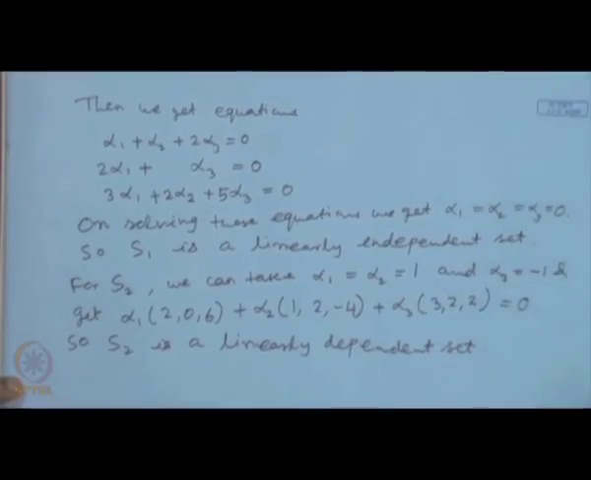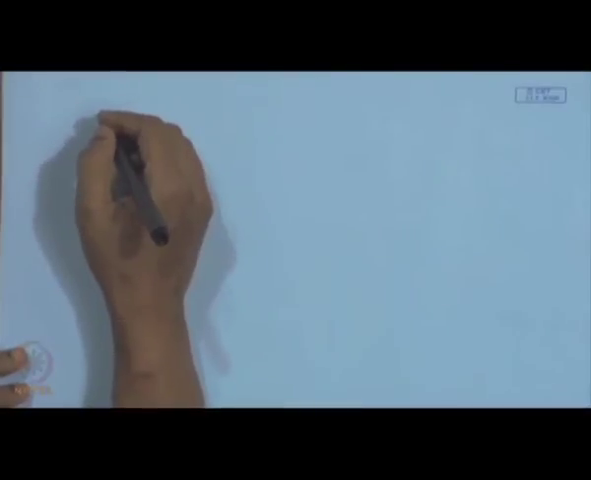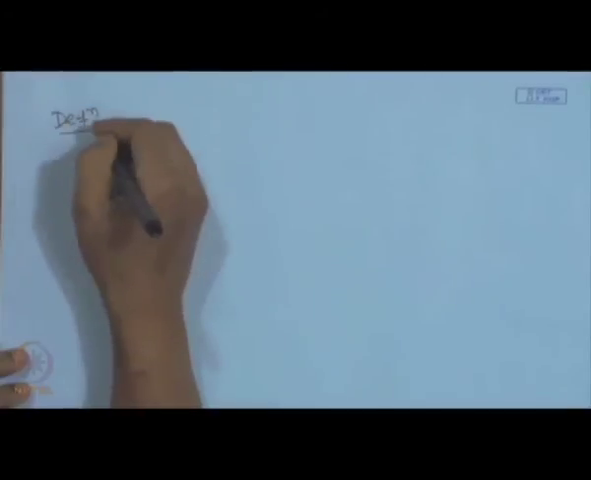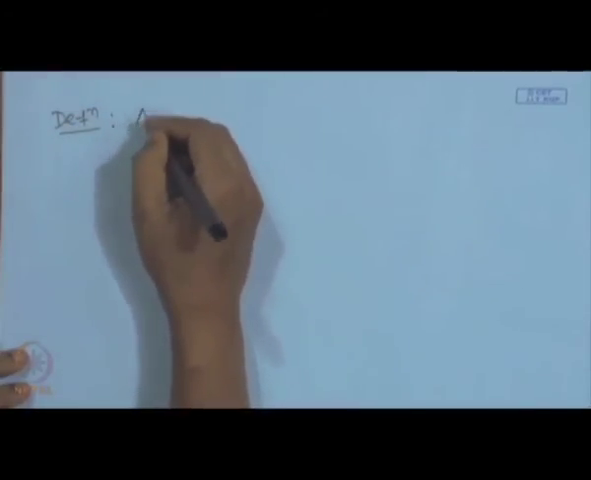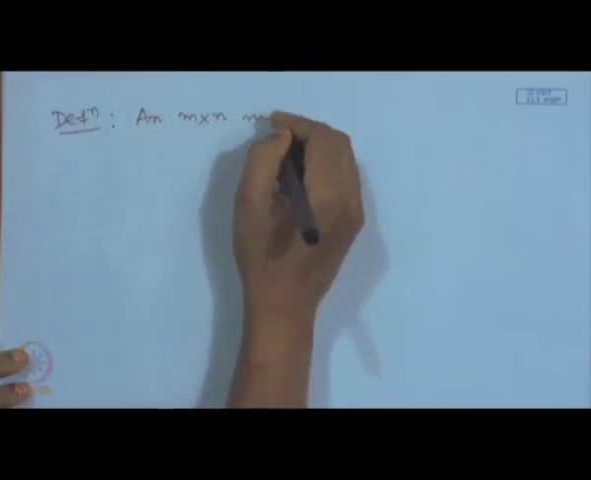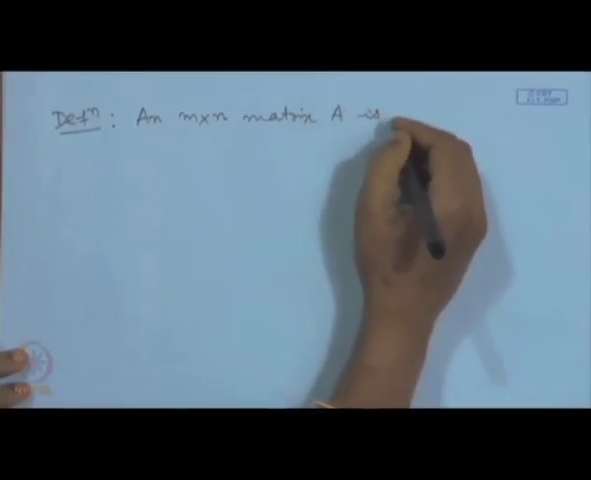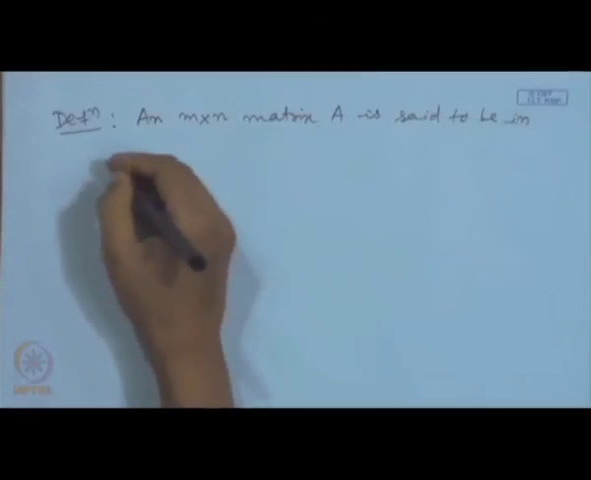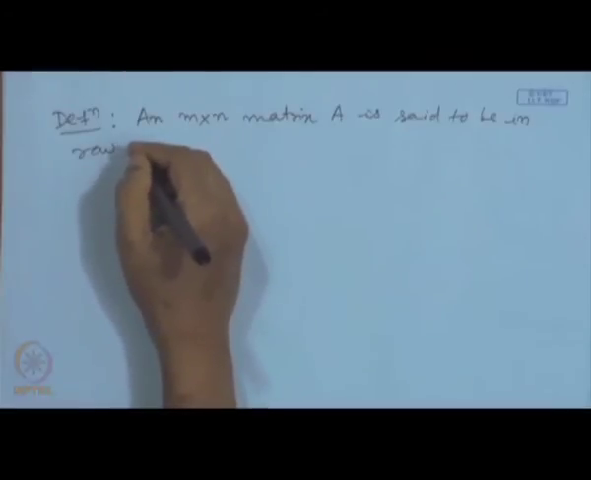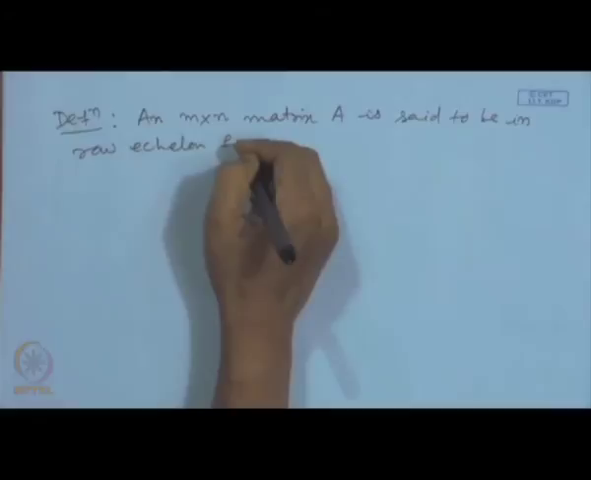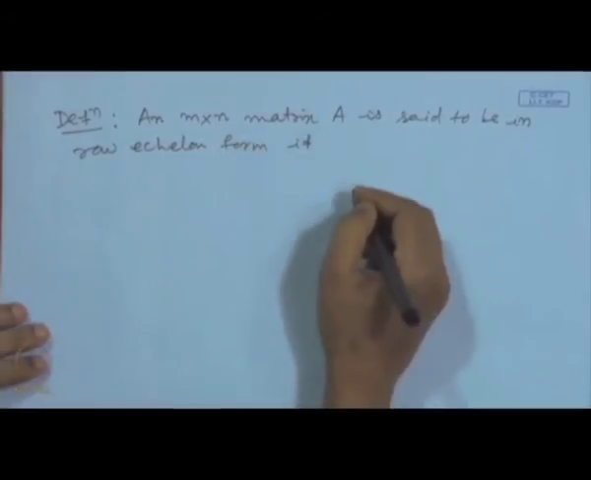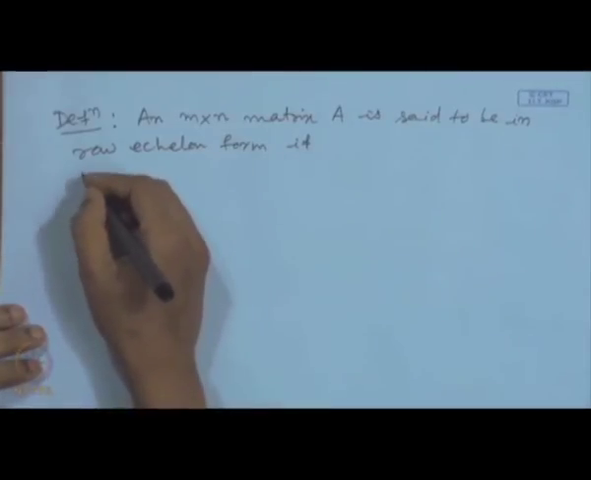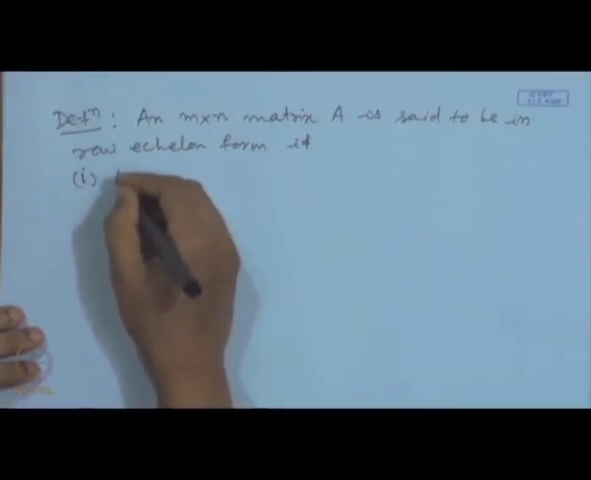So, there is another way also to verify whether the given set of vectors are linearly dependent or independent, and for that we need a type of matrix that is called echelon matrix. So, here we give the definition of an echelon matrix. An m by n matrix A is said to be in row echelon form if it satisfies the following: first condition is this: all the 0 rows